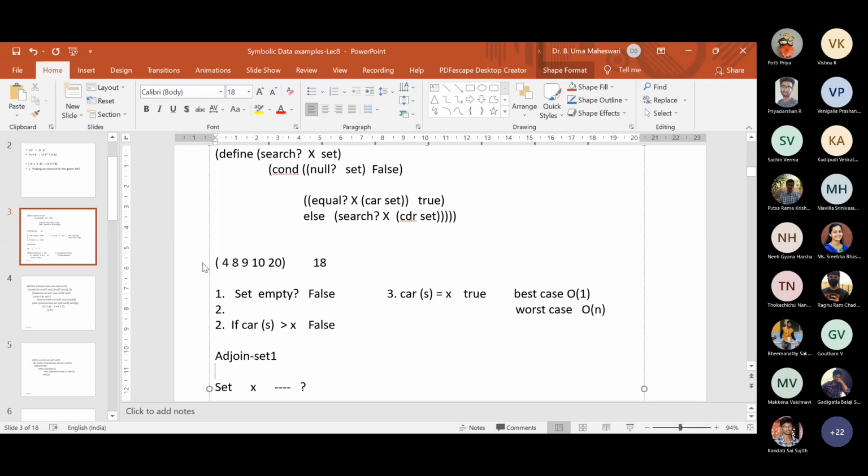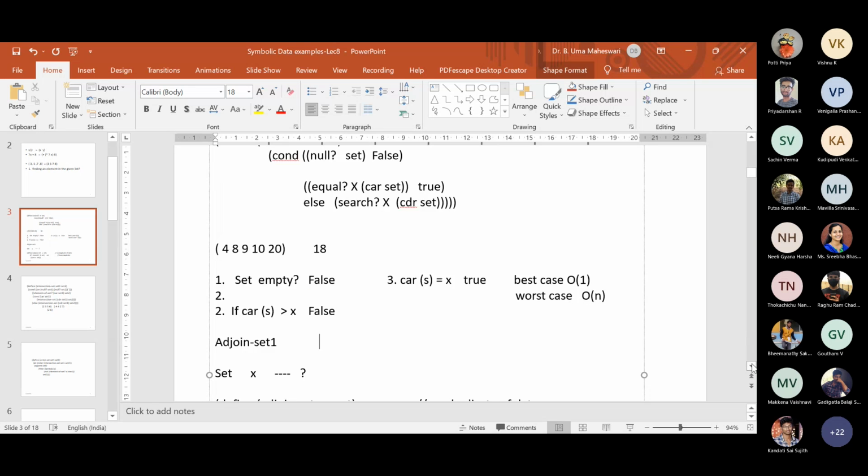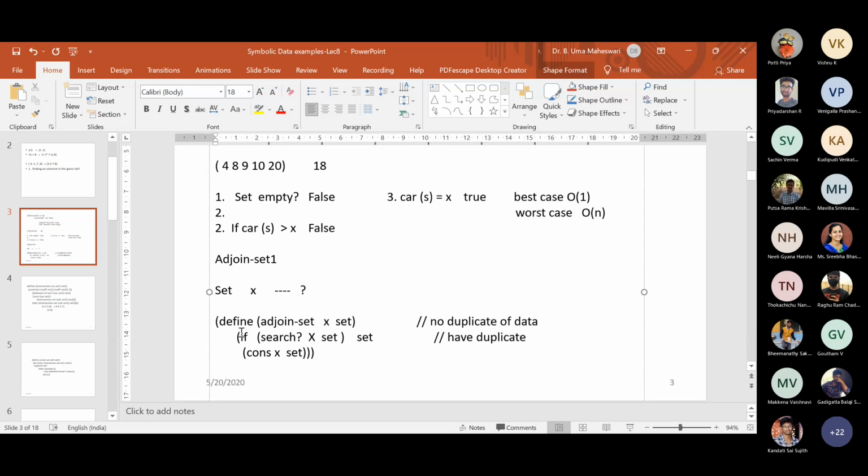Okay. So now let us perform a join operation. In the case of an ordered list, how will you do the adjoin? Let us take the same thing.